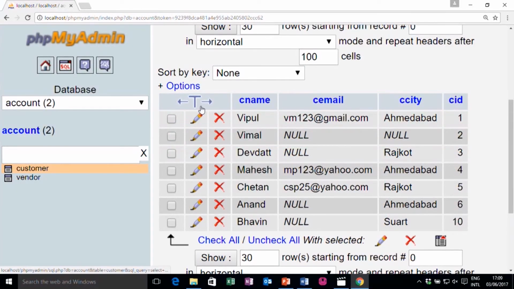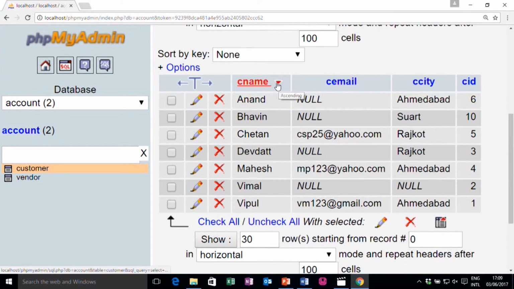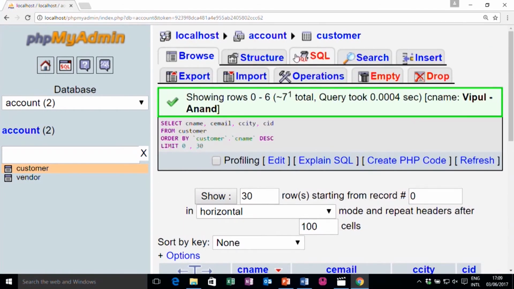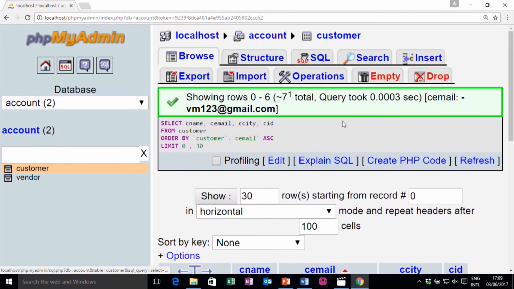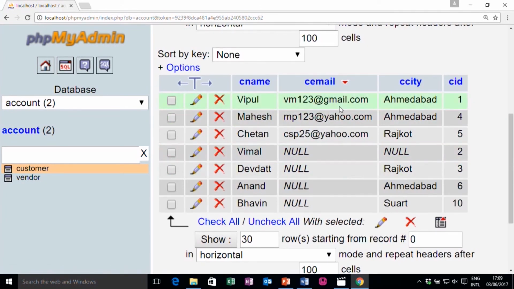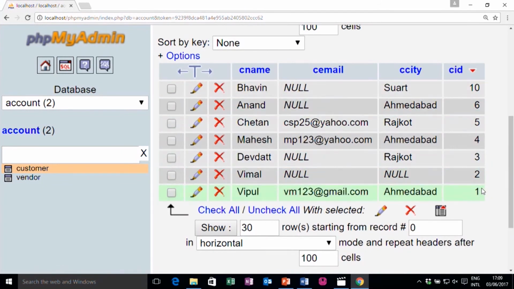First it will be CNAME, and it allows you to reorder in ascending or descending order in MySQL. For CEMAIL also, this arrow indicates you can change the order, right, CCITY, CID, etc. Keep in mind it will be either ascending or descending order.